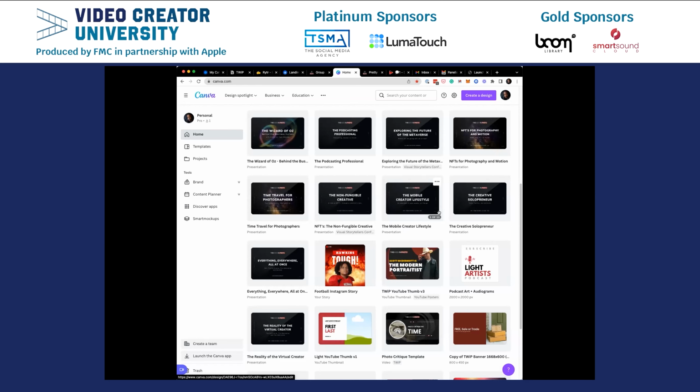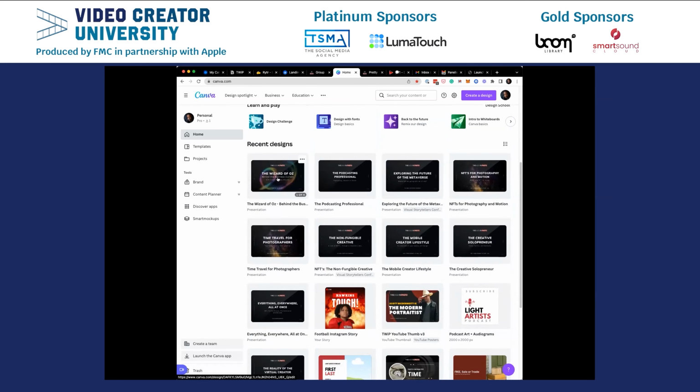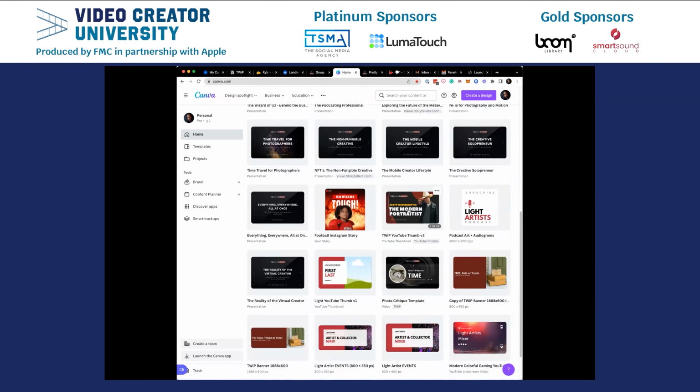The number of professional templates and the flexibility for modifying those templates that Canva.com offers is staggering, right? You could just get lost in searching for templates and different things just as starting points for whatever your project is. I use it mainly for templates, and I also use it for, if you look down here, like right now, we're in the Wizard of Oz presentation, right? If we come down here,